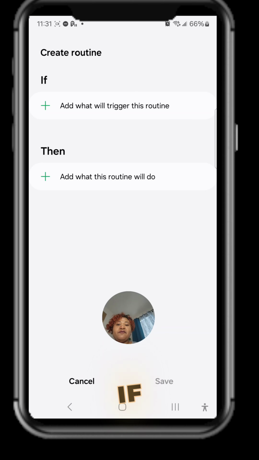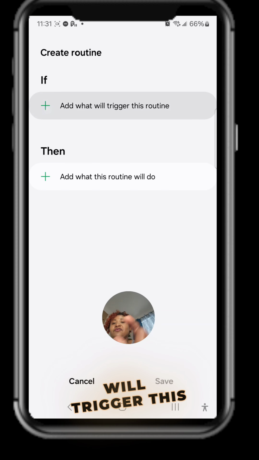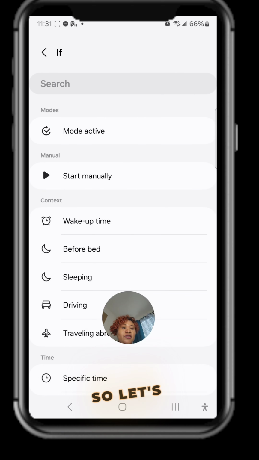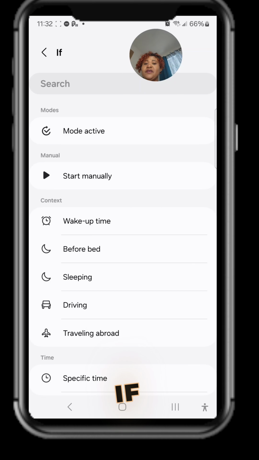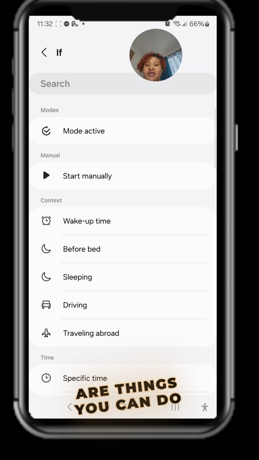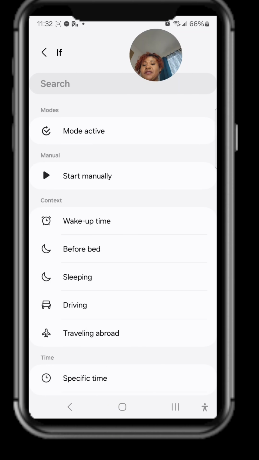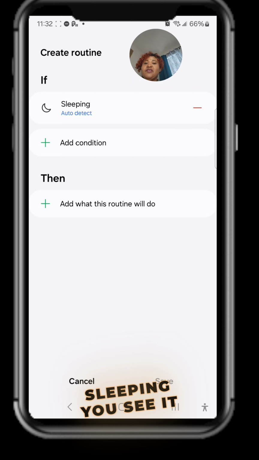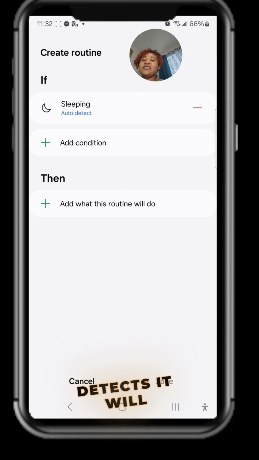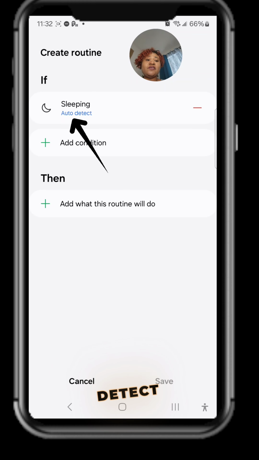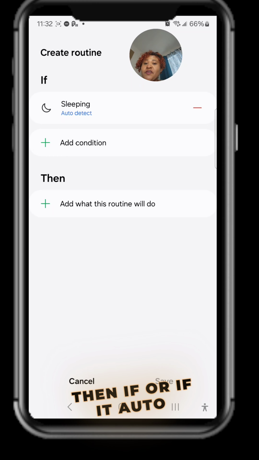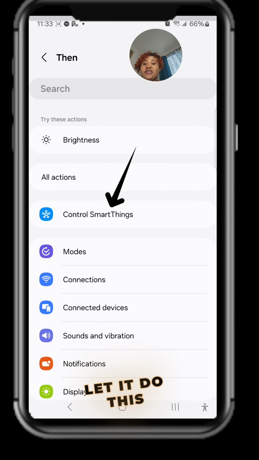So let's do If. Add what will trigger this routine. There are a lot of things you can do. Let's say sleeping or driving or whatever. Let's do sleeping. Let's say if sleeping, you see, it will auto detect when you're sleeping. Then if it auto detects that you're sleeping, let it do this. Then